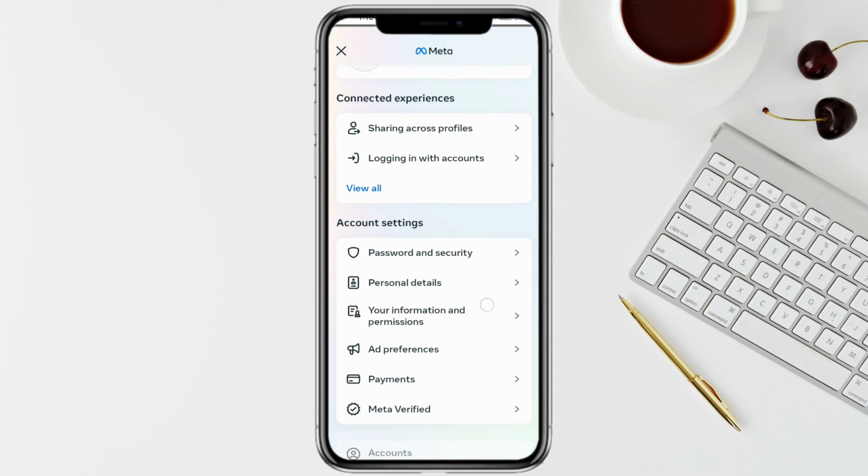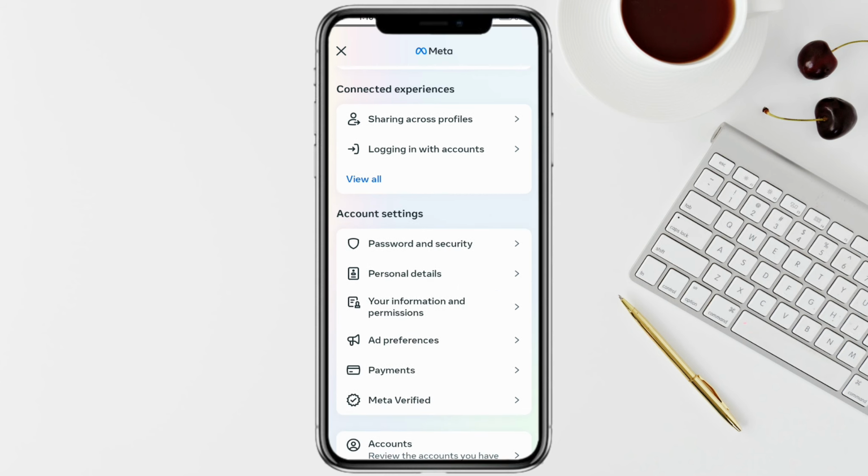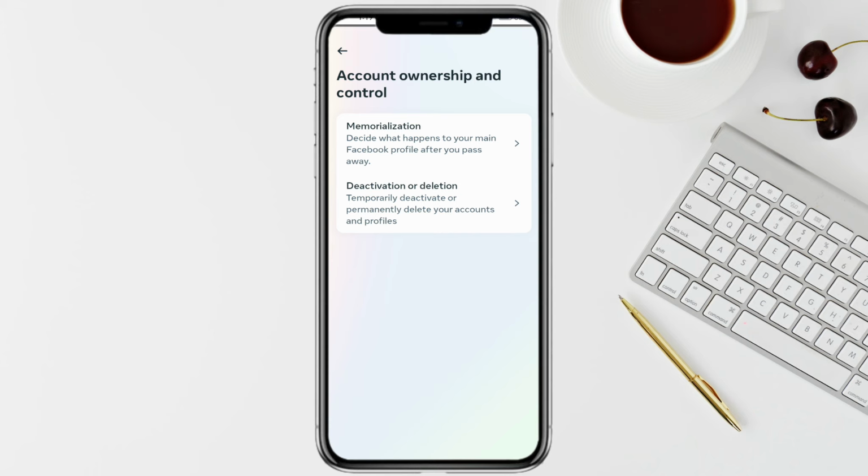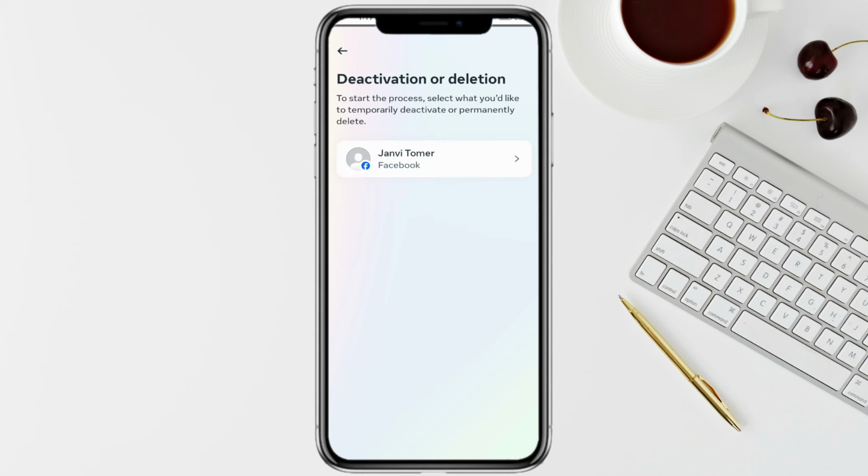and here scroll down, and under the account settings section just click on personal details, and now just click on account ownership and control, and on this page you will see these two options. So just click on deactivation or deletion, and just select the account that you want to delete,